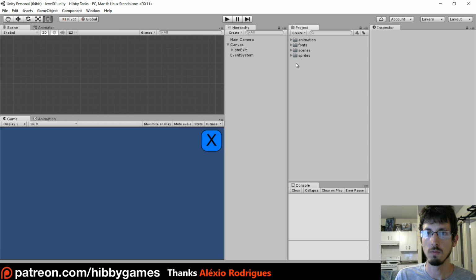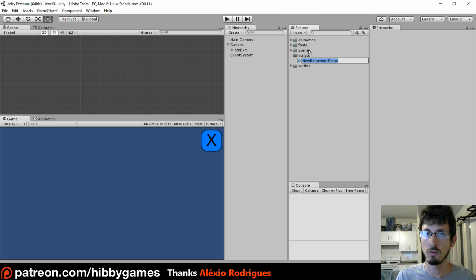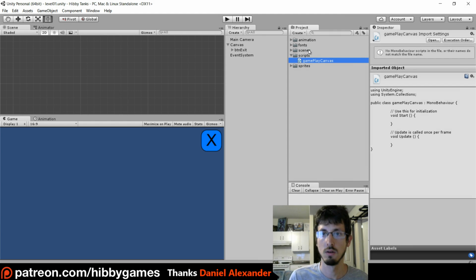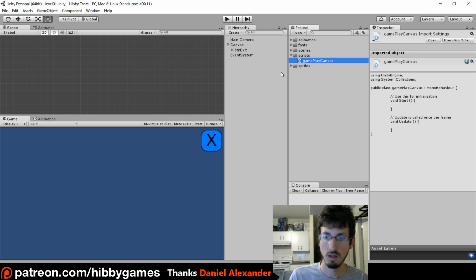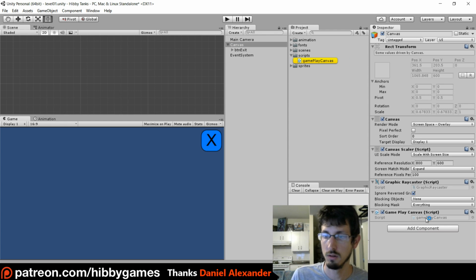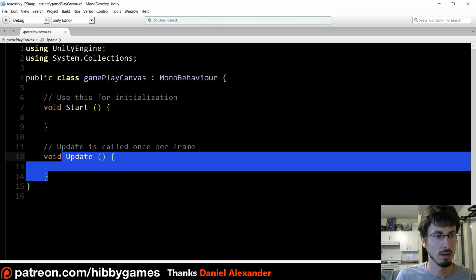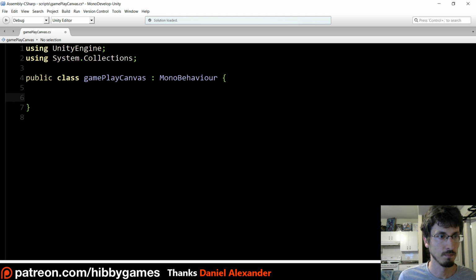So let's create a folder for our scripts called scripts, and create C# script gameplay canvas, and wait for the spinny thing in the bottom right to finish spinning. And then on our canvas, let's just attach that, and then double click it to open it. Alright, so we're inside this gameplay canvas. I think I'm just going to delete all that crap. And we're going to go